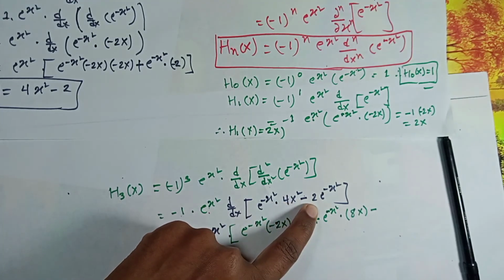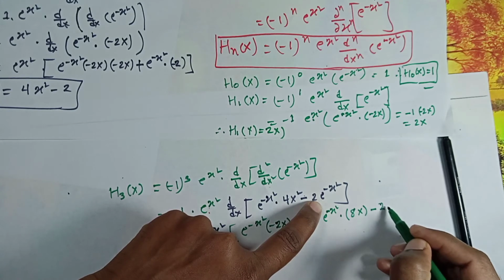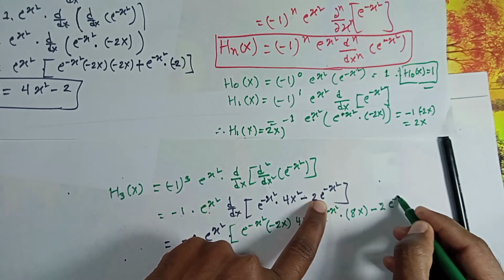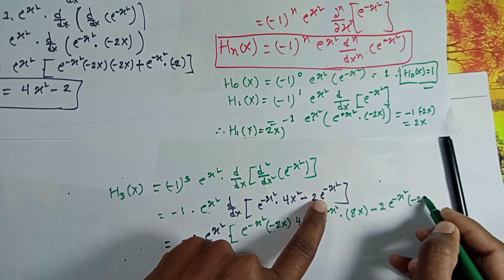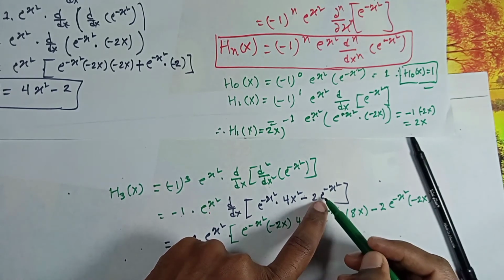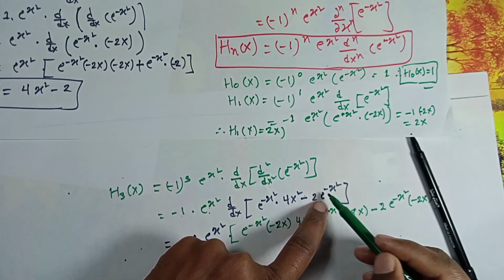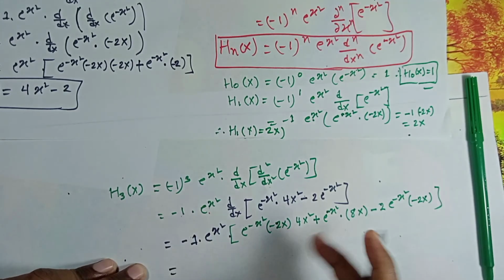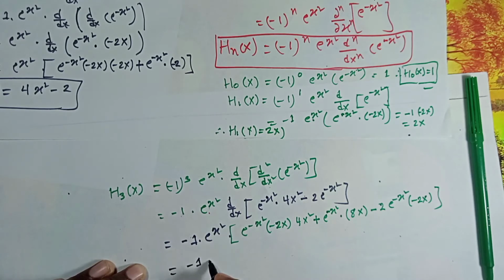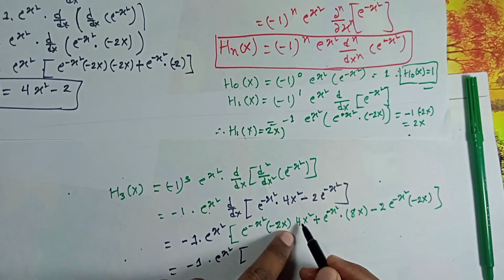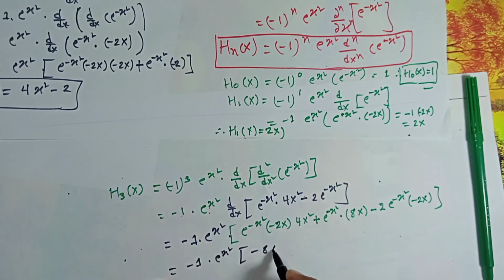Okay, this term we take the derivative with respect to x, e to the power minus x squared into minus twice x. Then we can write as minus 1 e to the power x squared, that is 4x squared into minus twice x, that is nothing but minus 8x cubed e to the power minus x squared plus